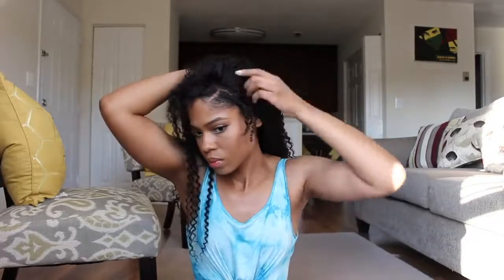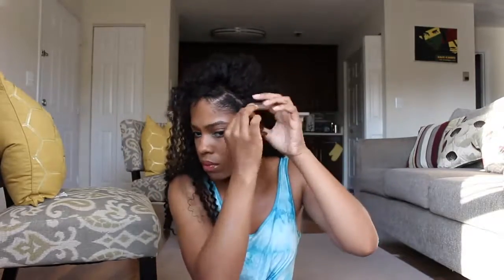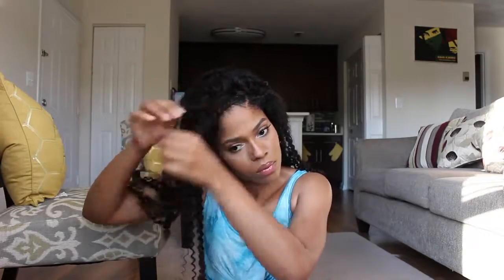And of course it didn't dry, so my hair was a little frizzy, but that's okay. I'll fix it later. Just try to avoid pulling out the twist too much. Once it's dry, it should have a nice curl pattern and blend a little better, but in my case, it really didn't matter at this point, but just trial and error. So once you have that all pulled out,